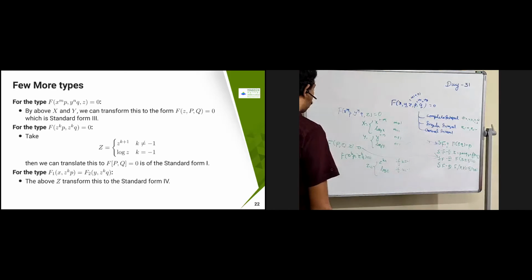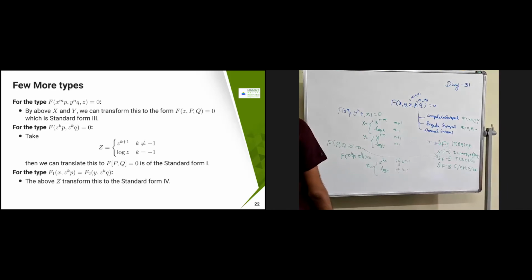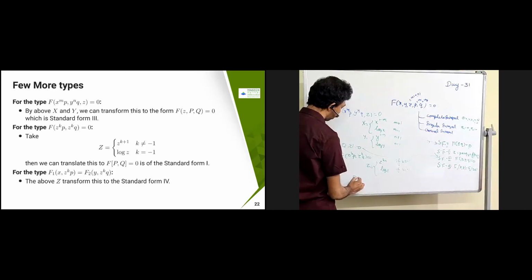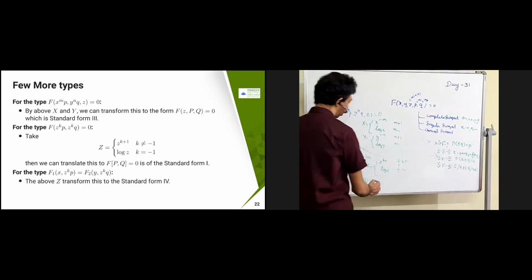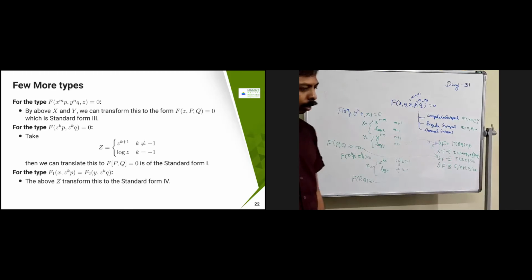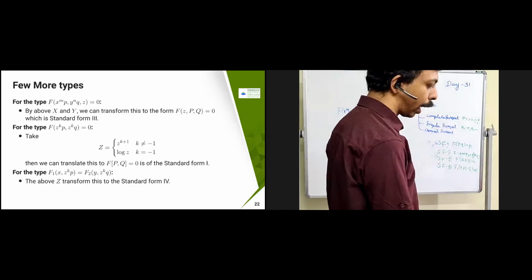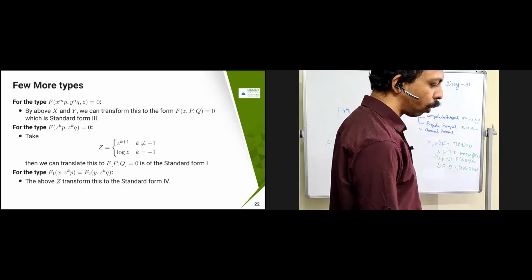So if you put this substitution, once again what you will get is that you will just translate this problem to this format, f of p comma q equal to 0. Then once again you can solve it using the standard form 1. Okay. Same way, if you put f of x comma z to the power k, p equal to f1 and f2